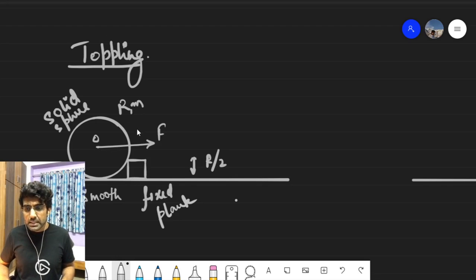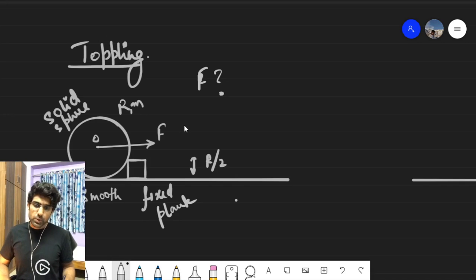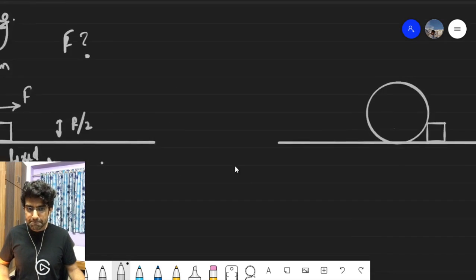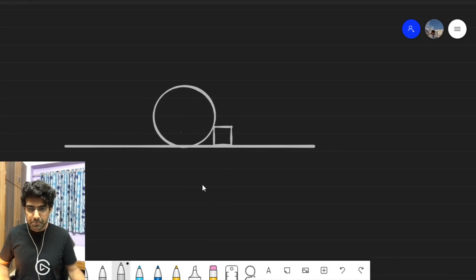Now we need to find how much force is required. What is the force required so that this sphere topples over the plank? Now how are we going to calculate that? Let's see. So here is the situation again,